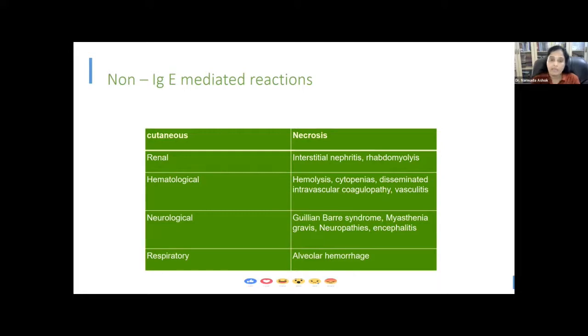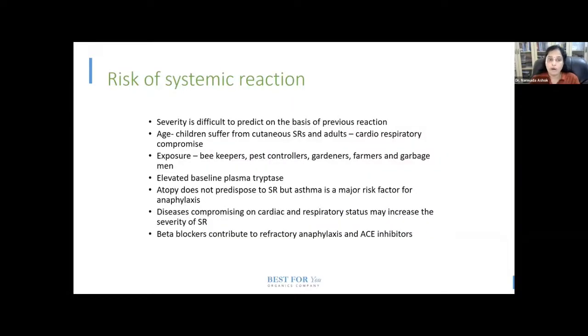The only thing we need to worry about in the non-IgE mediated reaction is, whenever there is a massive envenomation, do not discharge the patient very quickly. We need to wait at least 72 hours to a week and have a high index of suspicion for the non-IgE mediated reaction. With massive envenomation, one problem is the immediate IgE reaction that we get over 24 hours. If we manage that, we are okay. But the non-IgE mediated reaction can go on after 72 hours also. So we have to monitor the patient. So how do we predict the risk of severe systemic reaction?